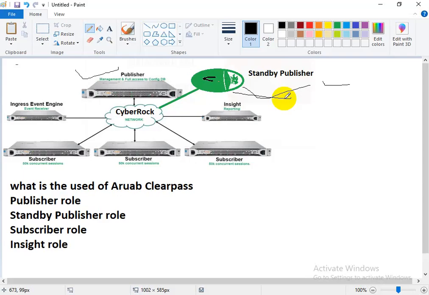What is the role of this subscriber? This is the subscriber, and I am explaining its role. So the subscriber nodes are worker